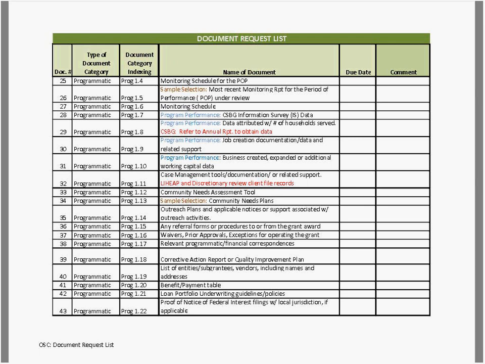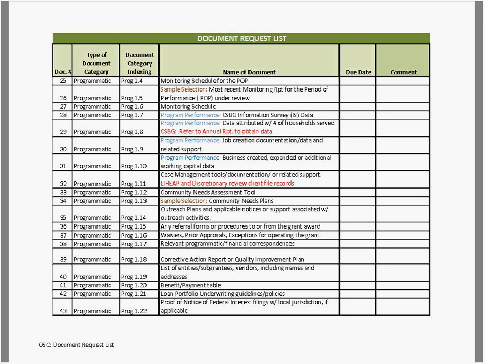Again, this document request list comes along with the engagement letter, and it provides all the source records that we would need to perform a state assessment to make sure that the documents are complete. That's what this list contains.